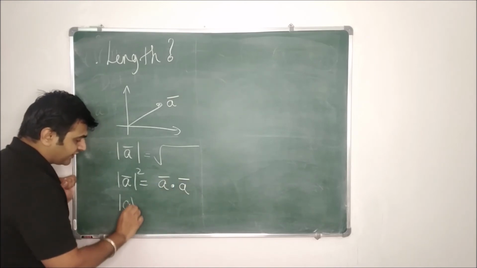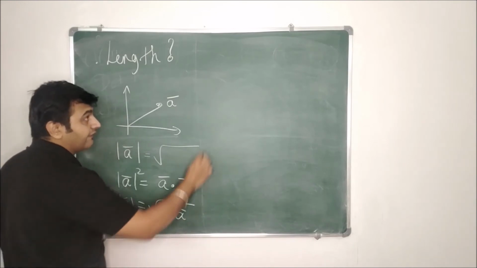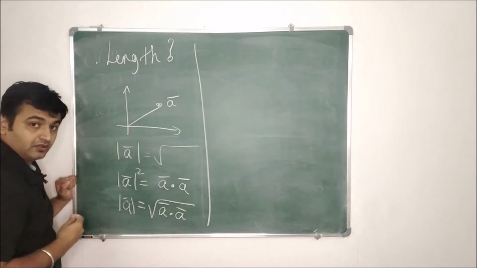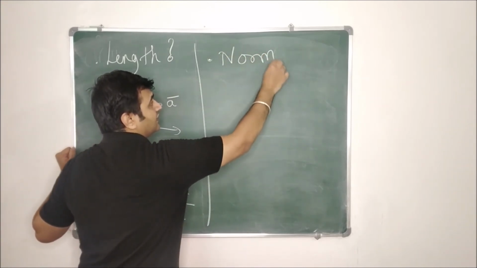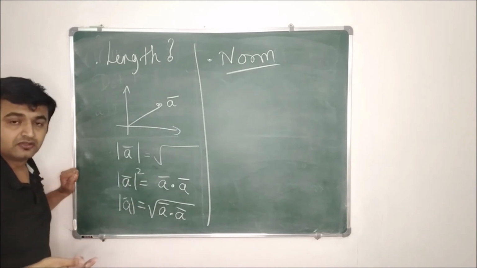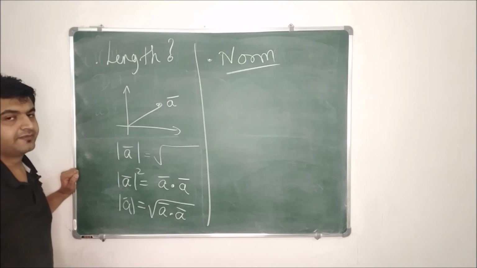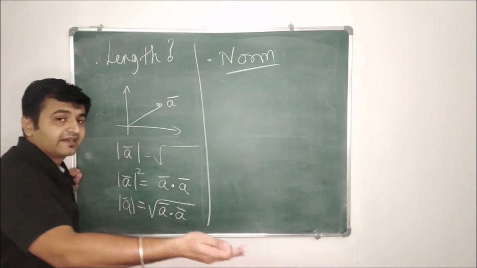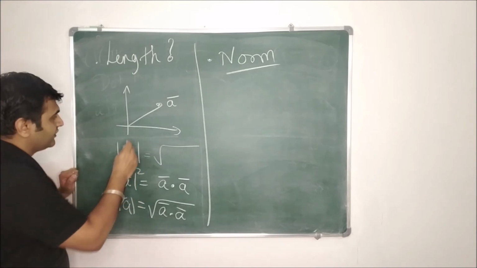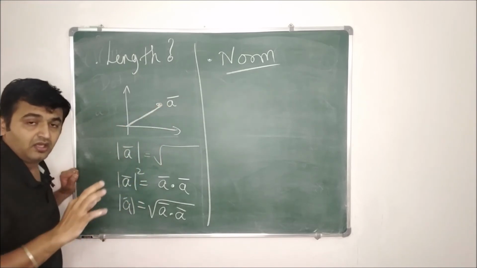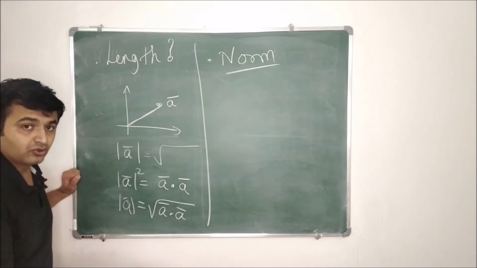So what is the length of a vector? It is nothing but the square root of the dot product. That's what we have in the Euclidean world. Therefore the generalization of length is the norm of a vector. When you are in Rn, the length of a vector makes sense. Now when you are in an arbitrary vector space, there is nothing like length, because you cannot visualize where that point is. So in the arbitrary world, the notion of length gets replaced by the notion of norm.